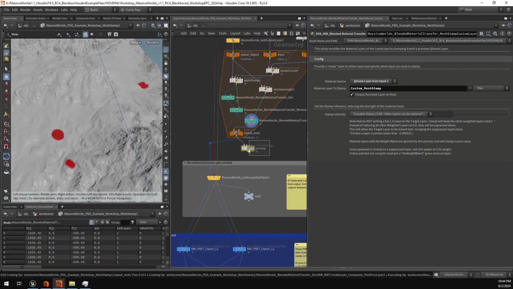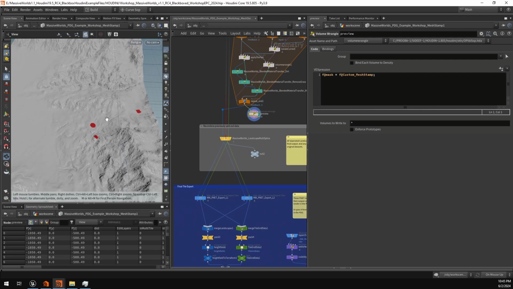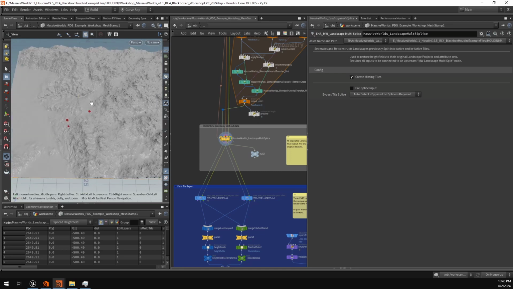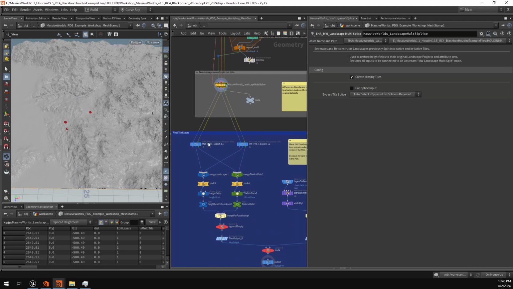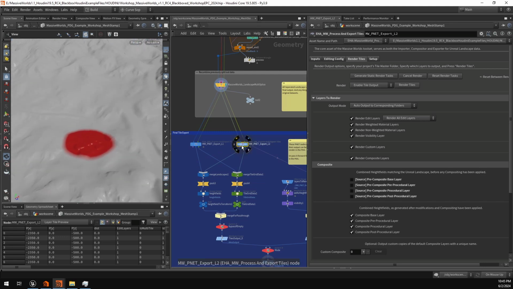Okay, so at this point, we are pretty much ready. Let's go and feed this back together. So I'm going to take this landscape, combine it back with the other landscape and all the other edit layers that we filtered out previously. And let's feed this back to our PNET nodes. So again, this is going to composite our procedural edit layer. And if we have a closer look at that,